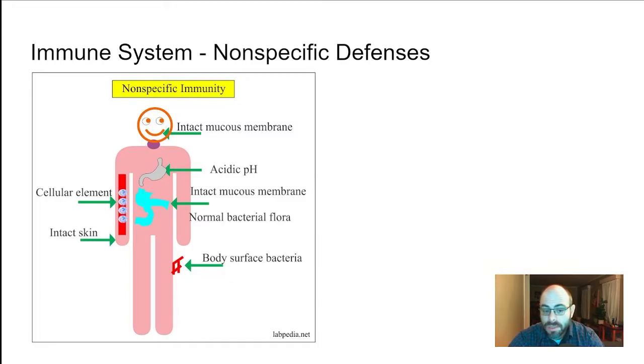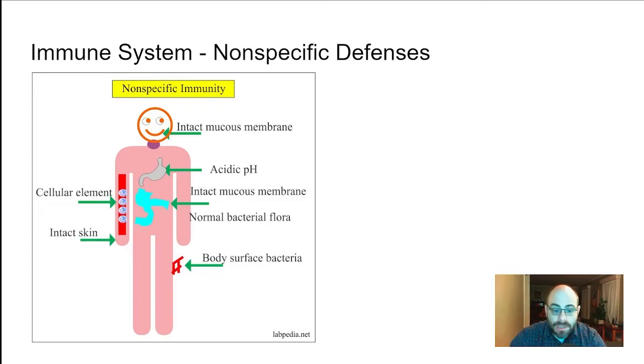It's very non-specific. Things like sweat, mucus, and stomach acid are all non-specific defenses. The inflammatory response, like when you step on something and it gets inflamed, is an example of a non-specific defense. Fever is an example of a non-specific defense as well. If you have pathogens in you, like a virus that causes you to get a fever, the body is warming itself up in order to destroy that particular pathogen.